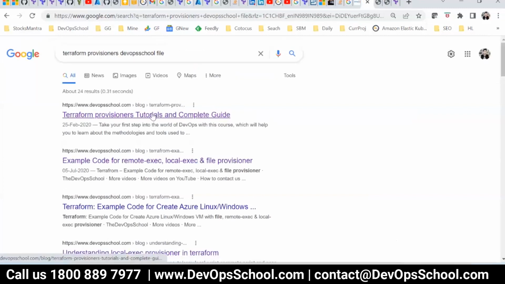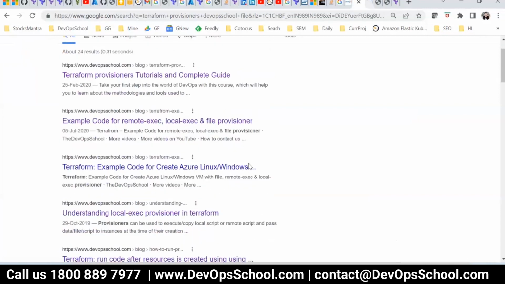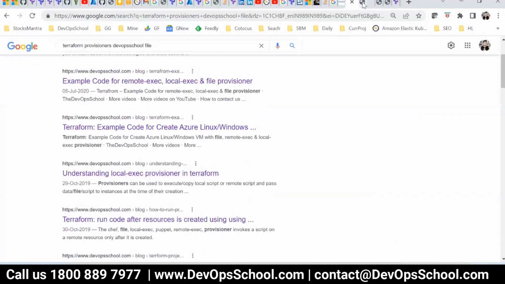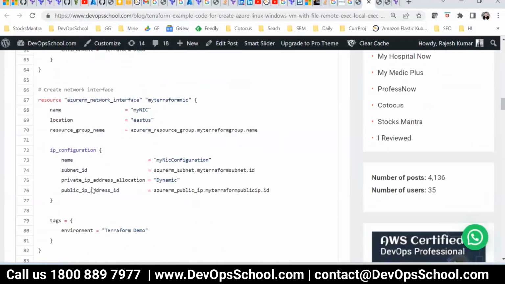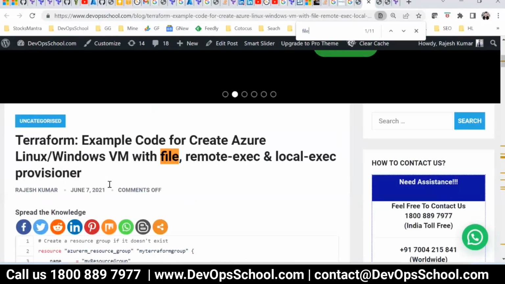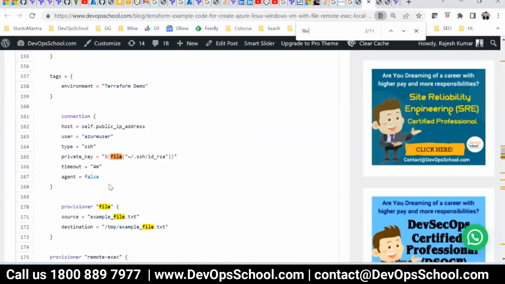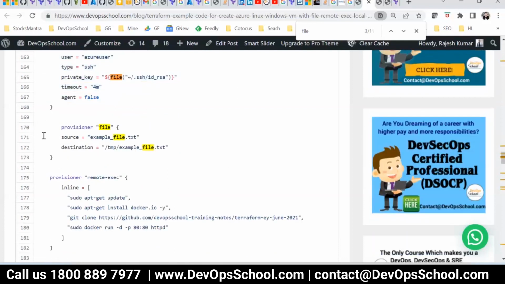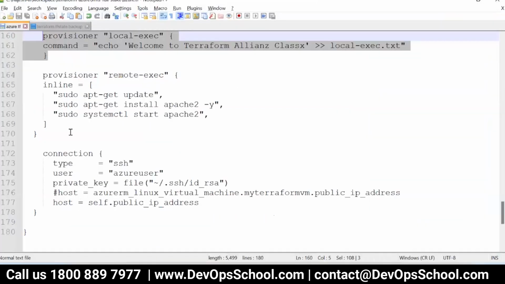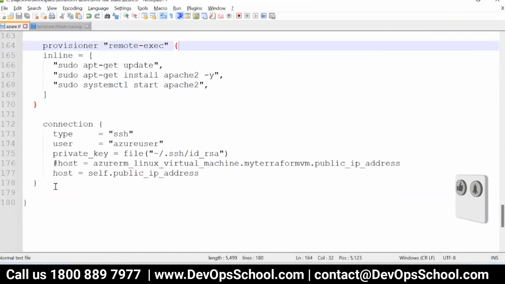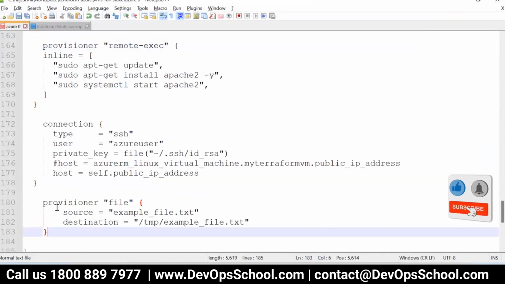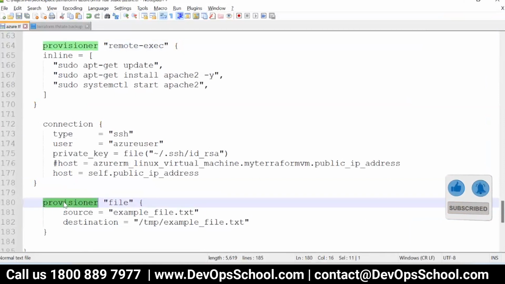It's up to you. So this is a connection provisioner file. Yeah. So why I'm copying it, because you should not struggle with syntax issues and all. So that is the one. So provisioner, this is the provisioner file.